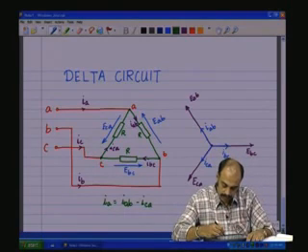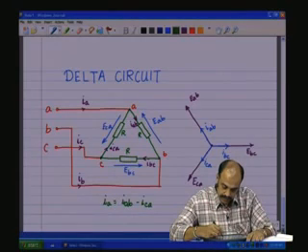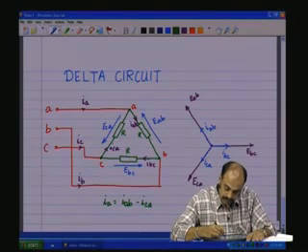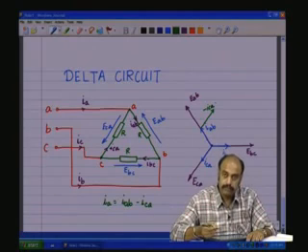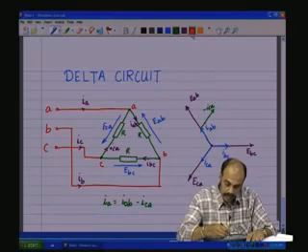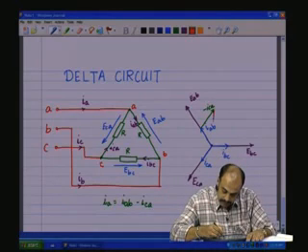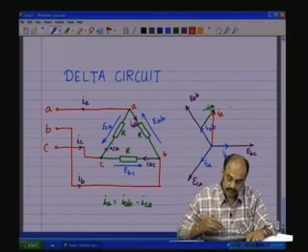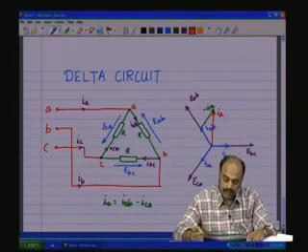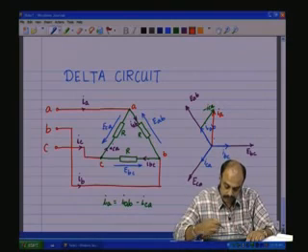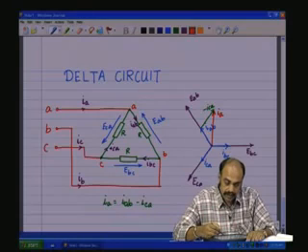So, let me draw this. ICA minus should be like this, isn't it? So, it goes like that. This is minus ICA, and the resultant is like that. This is IA. So, you see IA is the IAB vectorial sum minus ICA. So, this would be IA, and note that